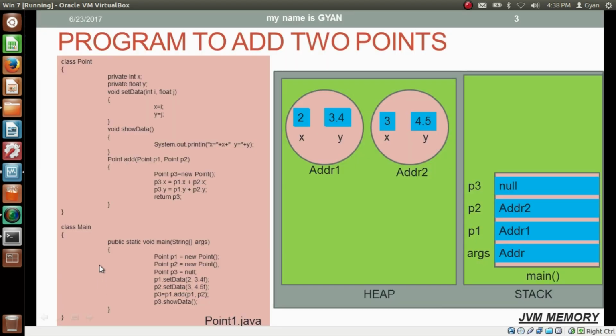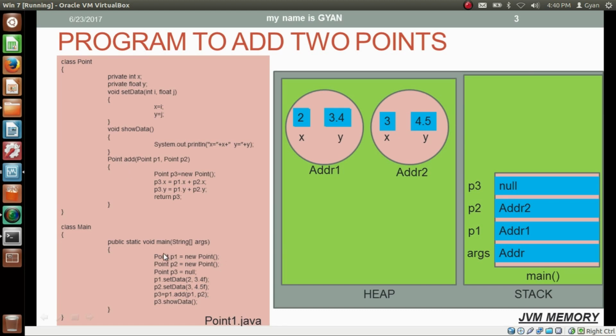This is the same program as we saw before, but in this case the method add is returning data of type Point. In session 4 of Java and Web, methods and flow of control, we have seen that a method can return primitive variables. But a method can also return reference variables. A method can also return the reference of an object.